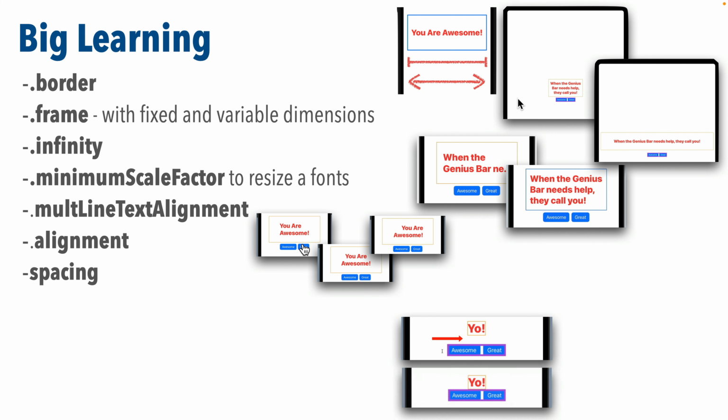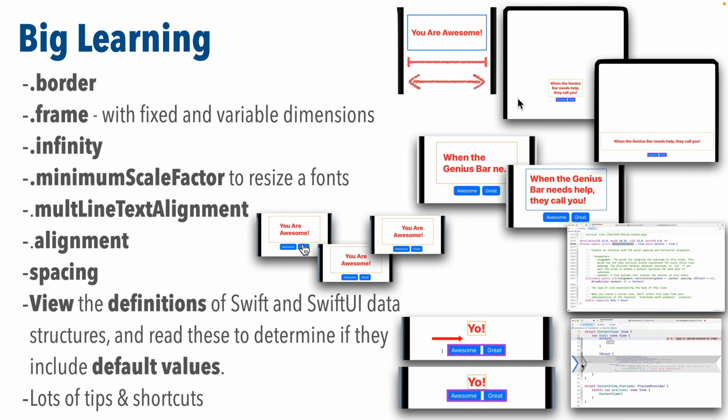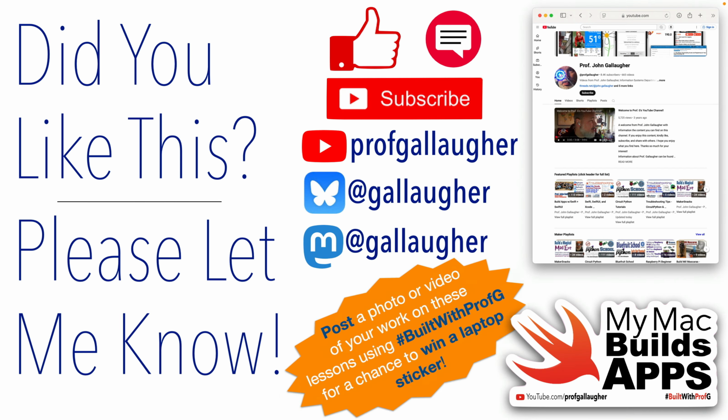We also learned how to use the spacing parameter to eliminate spacing between items in a stack, and we learned how to view the definitions of Swift and SwiftUI data structures and to read these to determine if they include default values and even find out what those values are. And we learned lots of tips and tricks along the way. Some of these concepts are pretty sophisticated, but I hope you are feeling good about your growing base of knowledge,